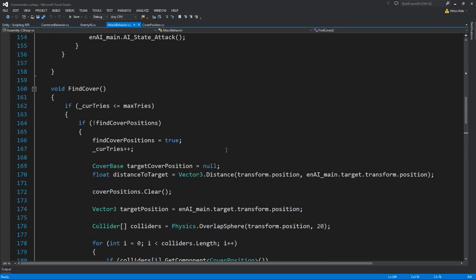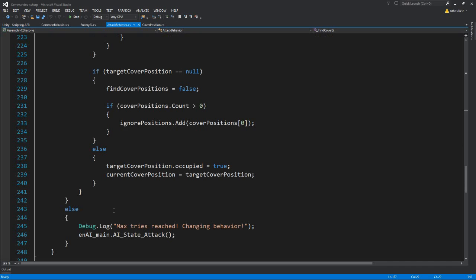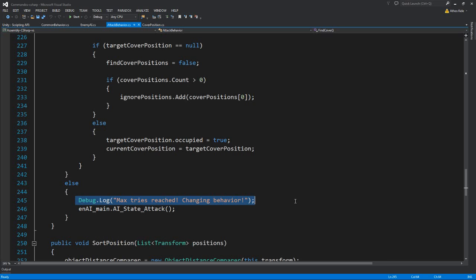But the other thing that we need to take care of is to make sure what happens if we reach the maximum tries without being able to find a cover position. Because as we said, if we let this run all the time, it's going to make the enemy just sit there, and he wouldn't do anything. So if I comment this out, you will see that they're just going to sit there and not do anything. So if we reach the maximum tries that we can try, throw a debug log and say maximum tries have been reached, change the behavior, and then we simply call the function to say,